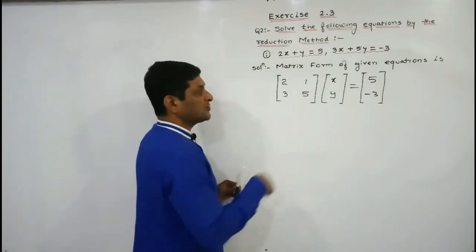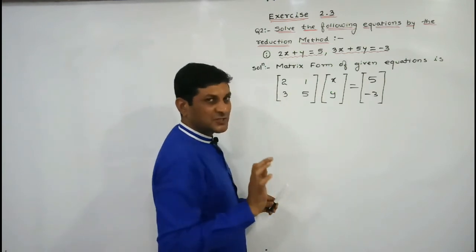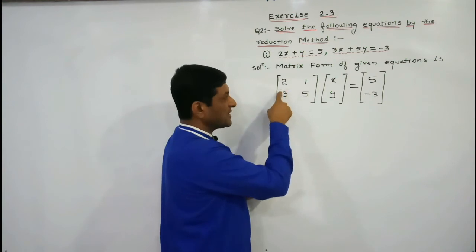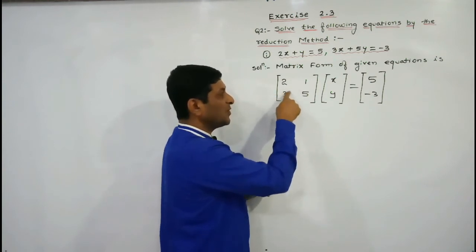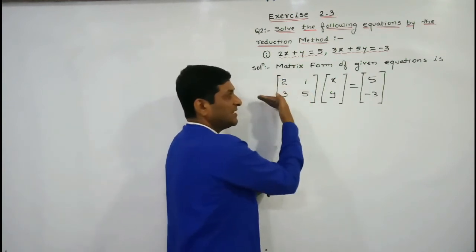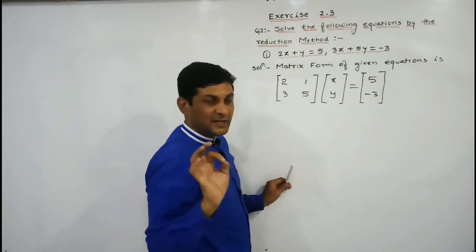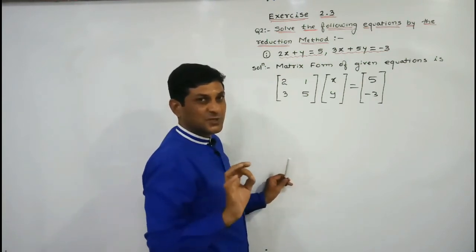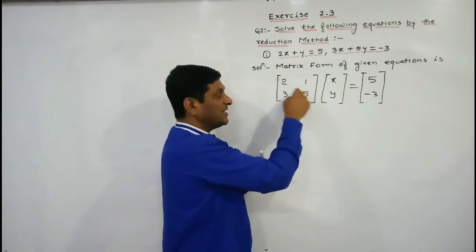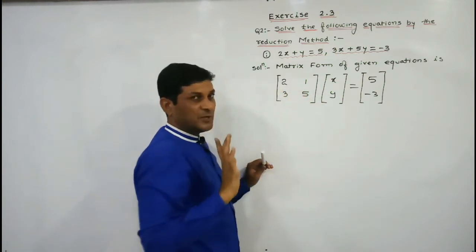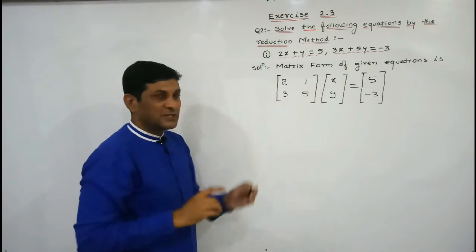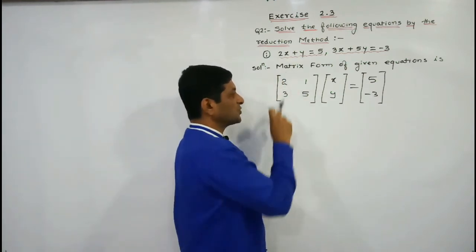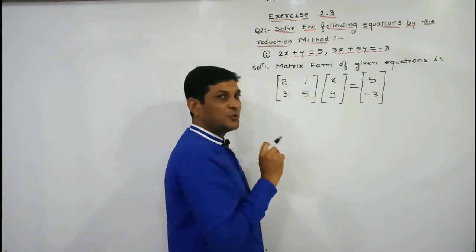So using row transformation I am trying to convert this matrix into what? Upper triangular matrix, and to convert this matrix into upper triangular this element should become 0, because there is only one element below the diagonal element, and we have to convert all the elements below the diagonal into 0. As it stands, these are the diagonal elements and only one element is there below the diagonal. Let us try to convert this element into 0. Now here its corresponding element is 2. What is the LCM of 2 and 3?